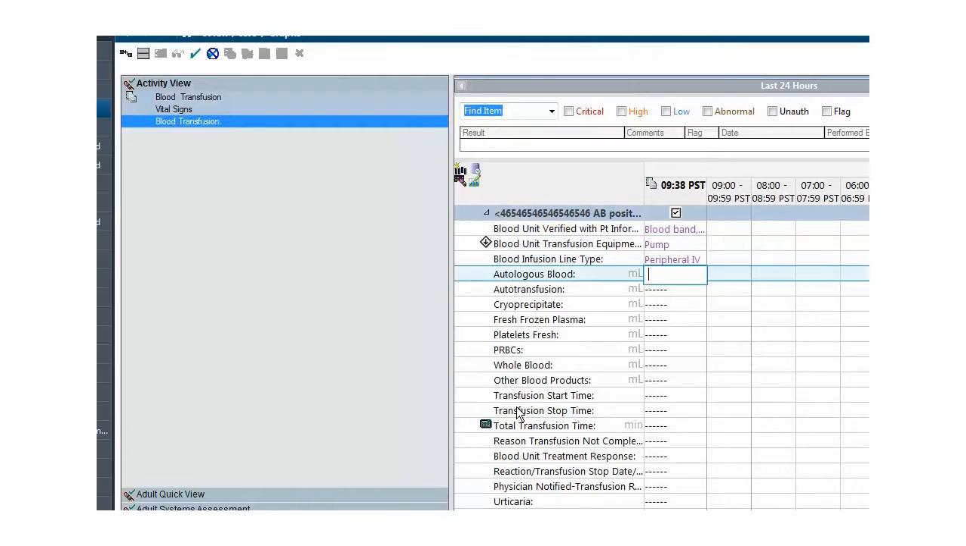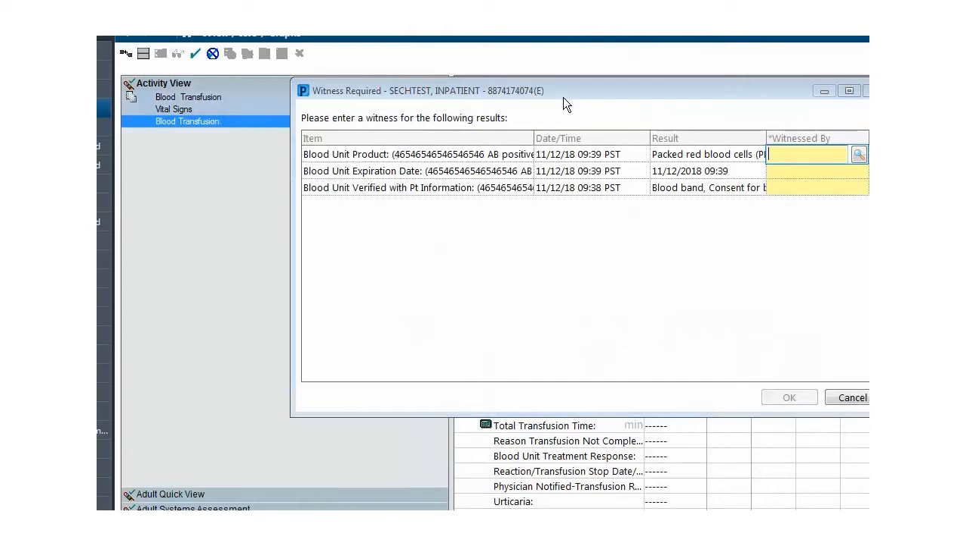And lastly, make sure you document the transfusion start time. If you hit T for today, it'll automatically document today's date and now's time. When you sign your documentation with the green check mark in the upper left-hand corner, it's going to pull up